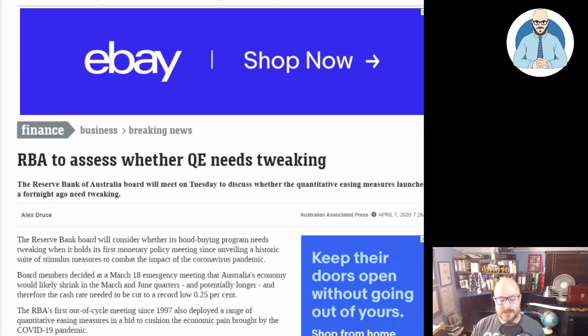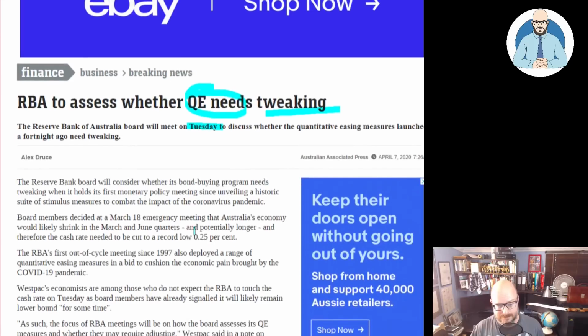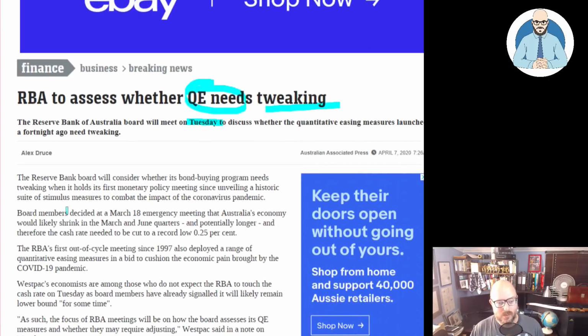So let's have a look first at this article from news.com.au regarding the RBA to assess whether QE needs tweaking. The Reserve Bank of Australia board will meet today, Tuesday, to discuss whether the quantitative easing measures launched a fortnight ago need tweaking. The Reserve Bank board will consider whether its bond buying program needs tweaking when it holds its first monetary policy meeting since unveiling its historic suite of stimulus measures to combat the impact